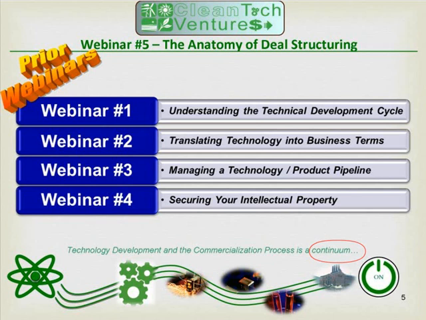But we didn't take a legal perspective only. We took a business perspective by extending the issues and the elements associated with intellectual property into the relevance for business and entrepreneurs. Just a reminder of one of the themes in the webinars: technology development and commercialization is actually a continuum. It's not a single point. It's not a couple of points that get connected. It actually is a continuum of handoffs, completion of one phase, beginning of a next phase, and a handoff after that in an ongoing manner.